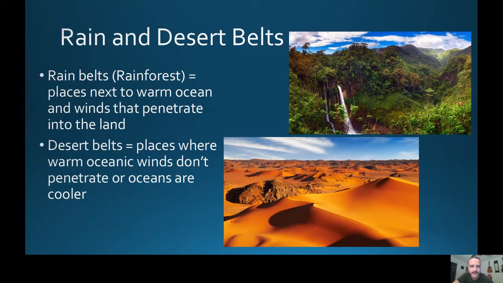generally our rain and desert belts, places in the world that are rainy, are typically next to warmer oceans, and they have winds that penetrate from those warmer oceans into the land. Generally, where we find places that are deserts, there's either not much warm ocean nearby, or those warm ocean winds don't penetrate into the coast very well. So with that in mind, what's happening